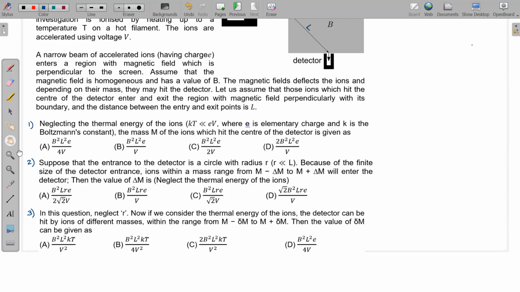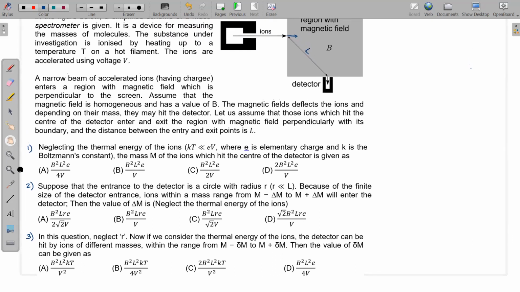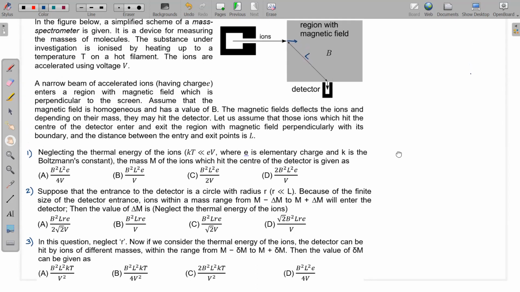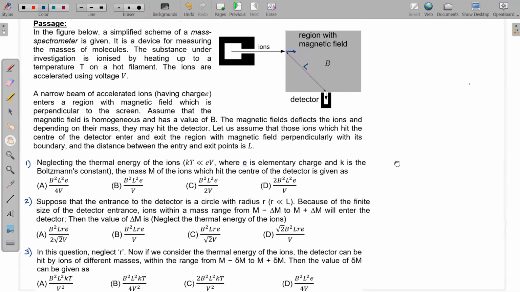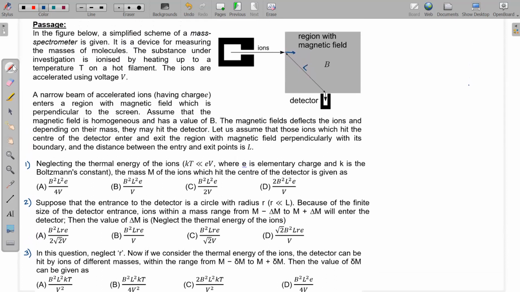आप इस वीडियो को पॉज करके एक बार ट्राई करिए इस क्वेश्चन को, एंड देन यू कैन कम बैक फॉर द सॉल्यूशन पार्ट. Okay, so let us move on and let us see how we can approach this question.